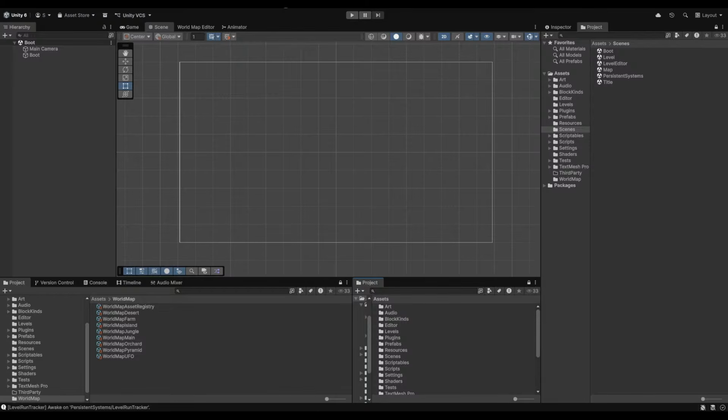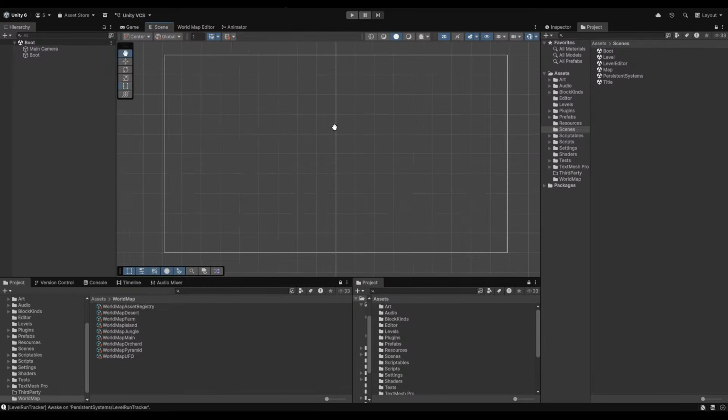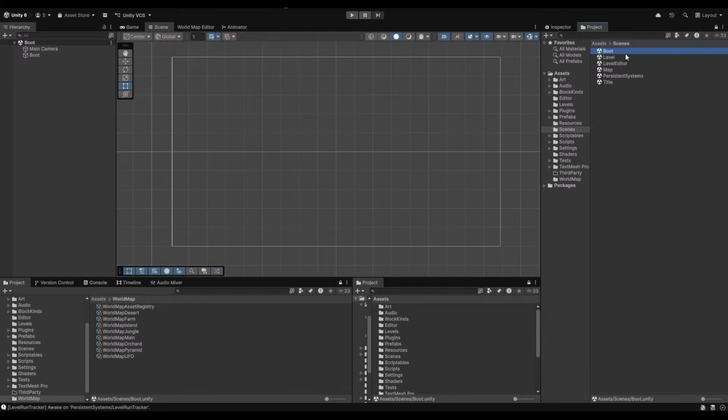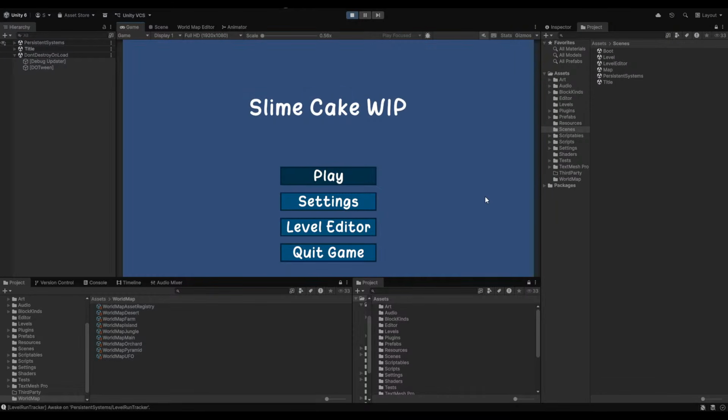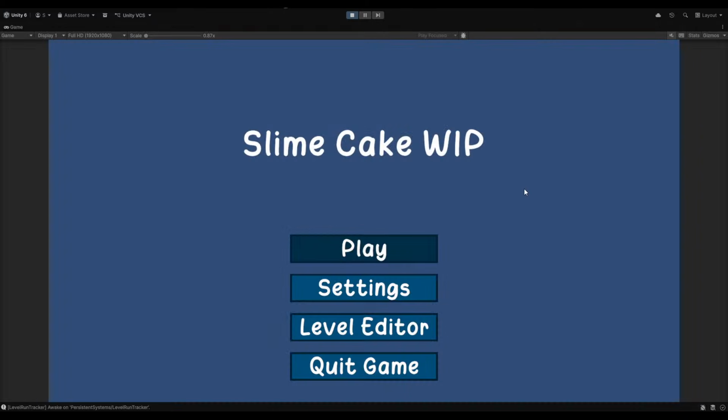I've been just filling in pretty much any idea that came up in my head. And yeah, after about few days, I did get the game going, and then the past few days have mainly just been working on nice visuals, some QOL basic navigations, making it feel nicer. So let's just hit play and just see what's happened since, because I think that's gonna be the best way to do this. There we go, slum cake, whip, work in progress.